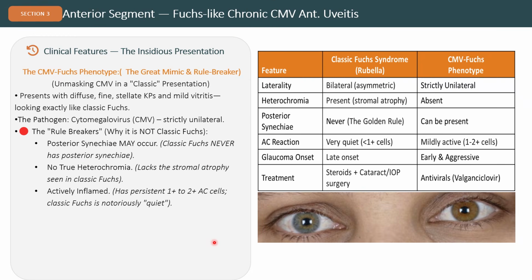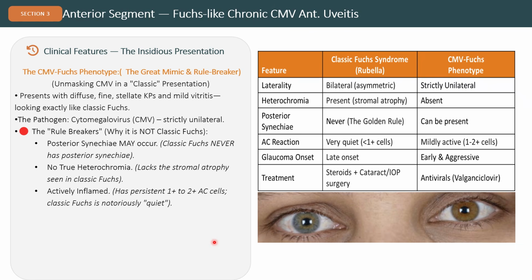Now, the second presentation or manifestation of cytomegalovirus anterior uveitis is as a chronic uveitis, and it has a very close similarity to Fuchs uveitis syndrome, but it is not Fuchs uveitis syndrome. It is a completely separate entity based on the SUN classification, but it has quite a similarity to Fuchs uveitis syndrome in some aspects: the patient presents with very low-grade inflammation, with cataract and with spikes of high intraocular pressure, and fine or stellate KPs present in the cornea. However, based on the laboratory investigation and the PCR, it is completely different from